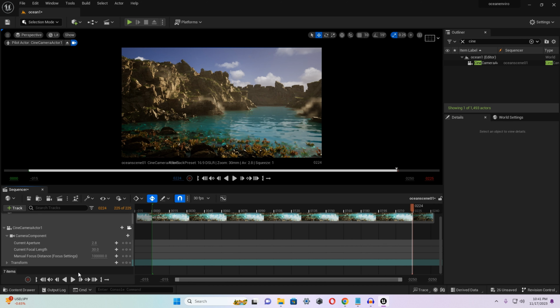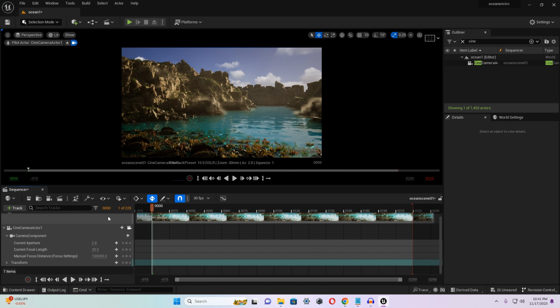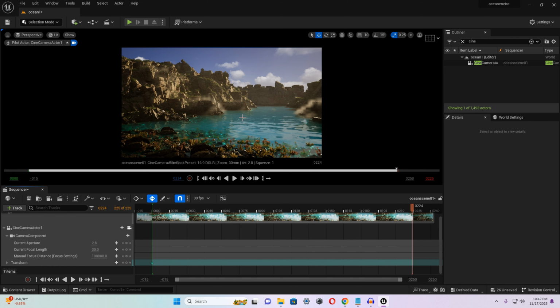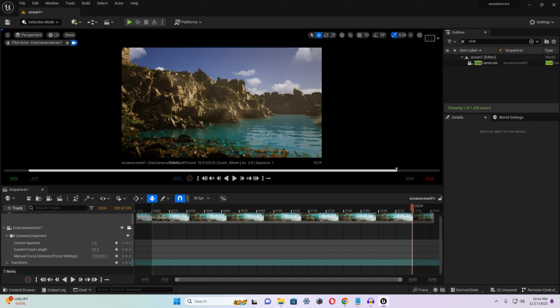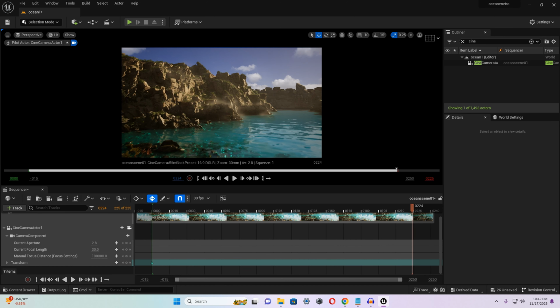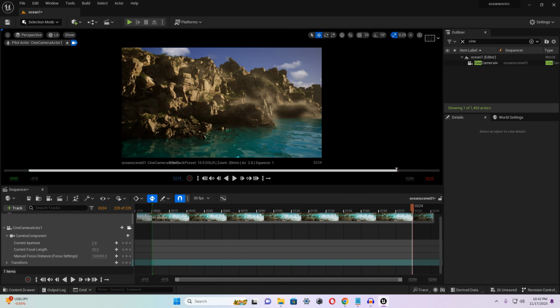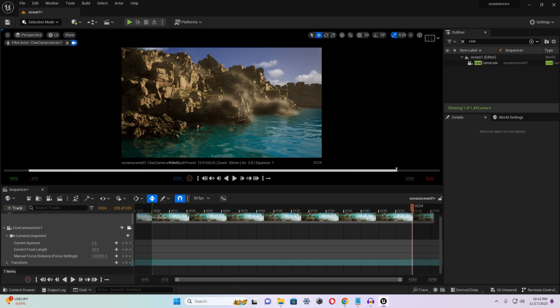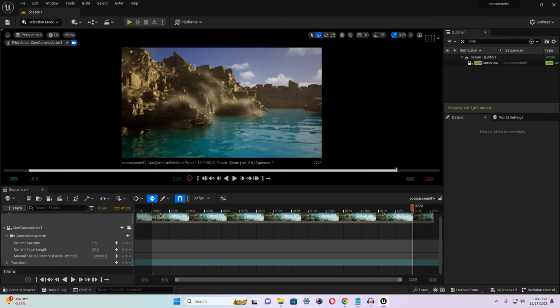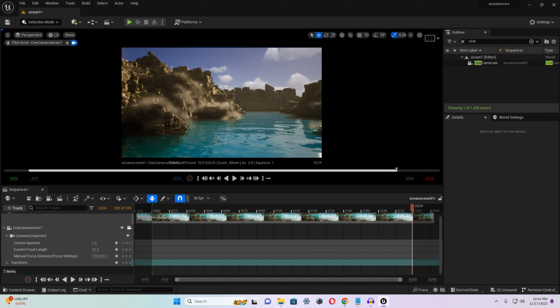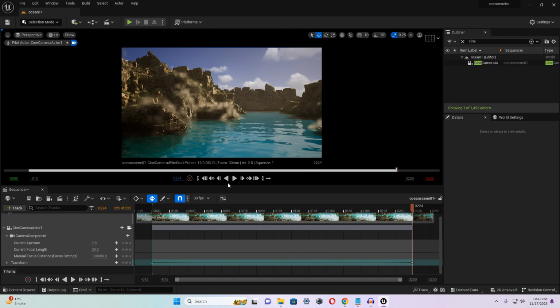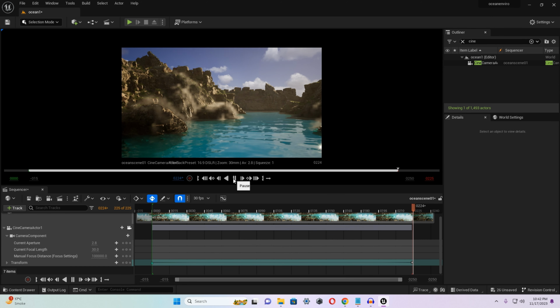After that, just go to the very start of your scene. This is the start, and just click on this small plus icon, then go to the very end of it and just move your camera. Like this. If you play this scene,